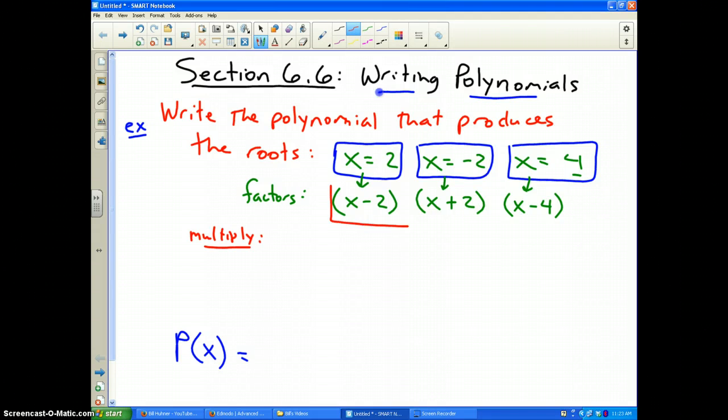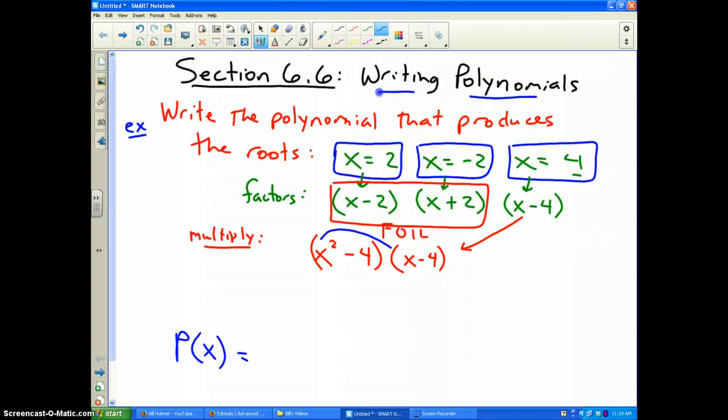So, you can only do 2 at a time. I'm going to FOIL those 2. And without writing the whole thing out, I think you guys are good at foiling. I'm going to get x squared minus 4. My middle terms, my O and my I, will cancel out. Well, then I also have to bring this one down, and now I have to multiply by x minus 4 there. So if I FOIL that,